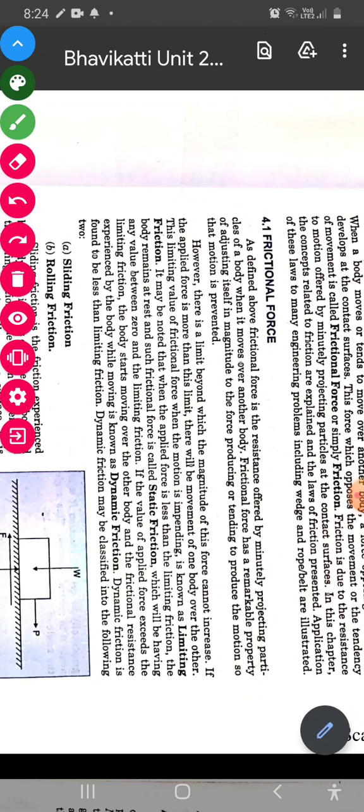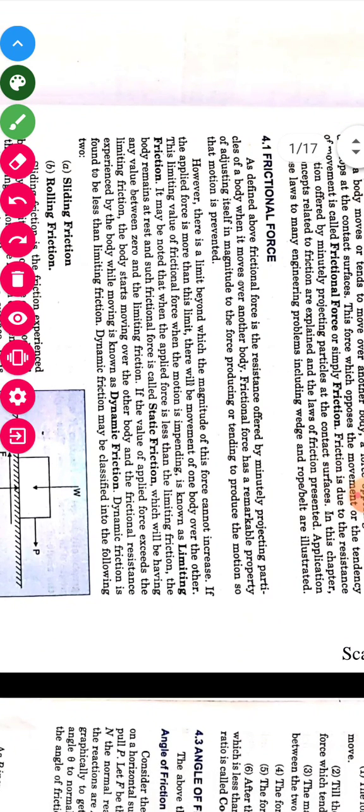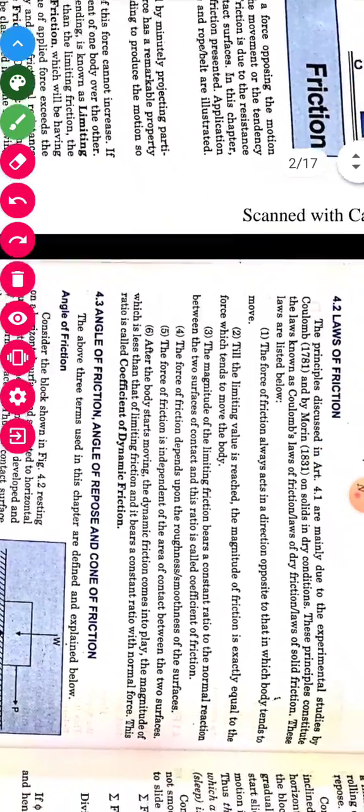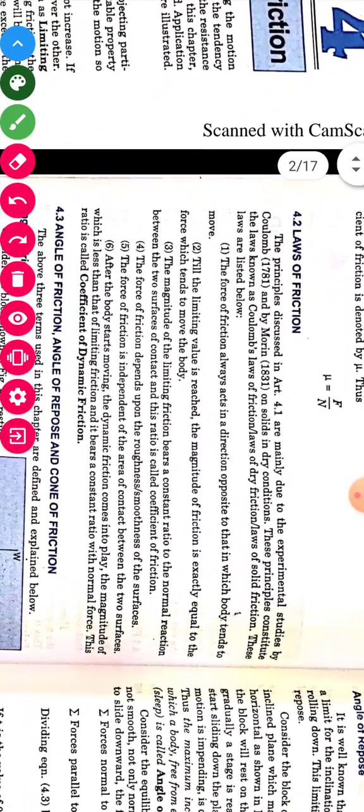So in friction we have limiting friction. We have already seen what is limiting friction, and also we have seen static friction and dynamic friction and their types, sliding and rolling. In dynamic friction again we have sliding friction and rolling friction. Now let us move to the later part. Laws of friction also we have seen yesterday. These are the laws of friction,